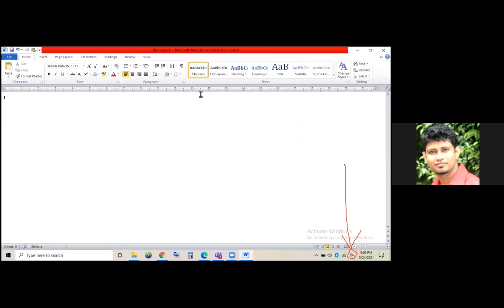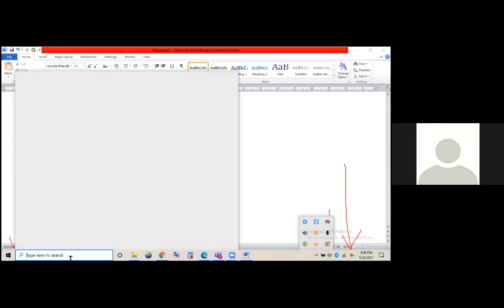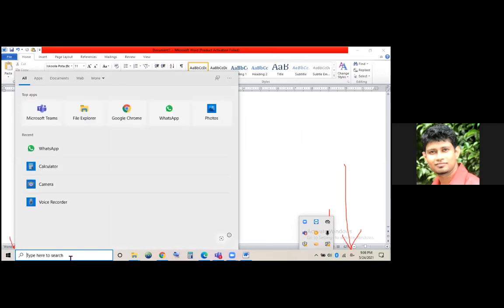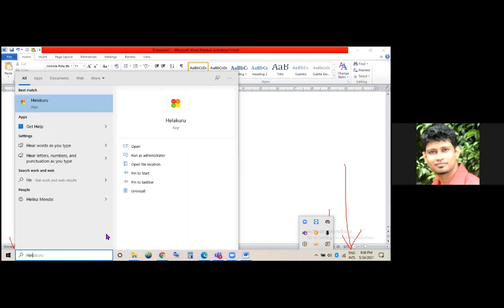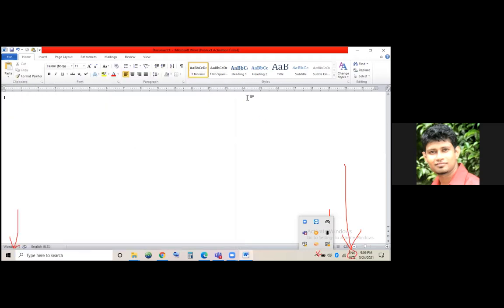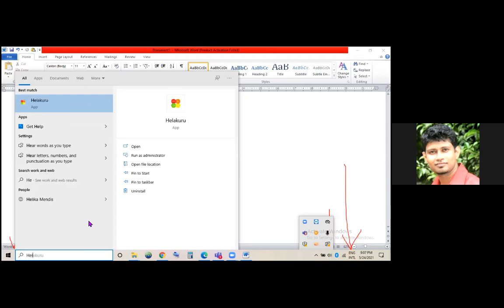And Helakuru. So click here, then you can see the Helakuru app. Have you taken the Helakuru app? You have to open the Helakuru app. Otherwise, search here and open Helakuru. Otherwise, how can I give instructions? Alt Shift. Again, change the keyboard. Alt Shift. Now Tamil. Right. Now you are typing Tamil. No, sir, I'm typing English. Have you opened the app? Helakuru. Have you opened the app?